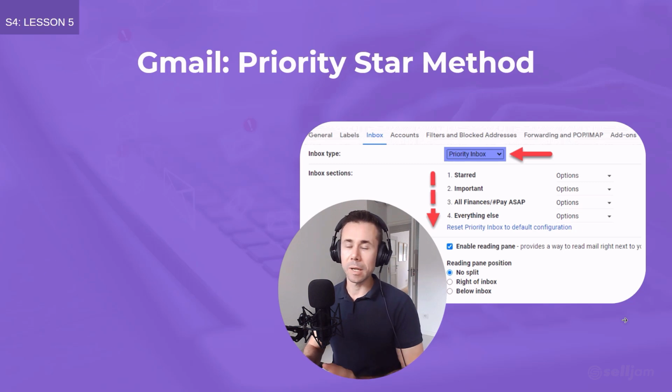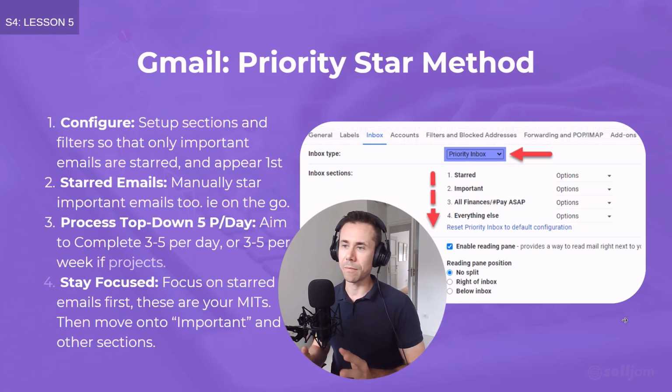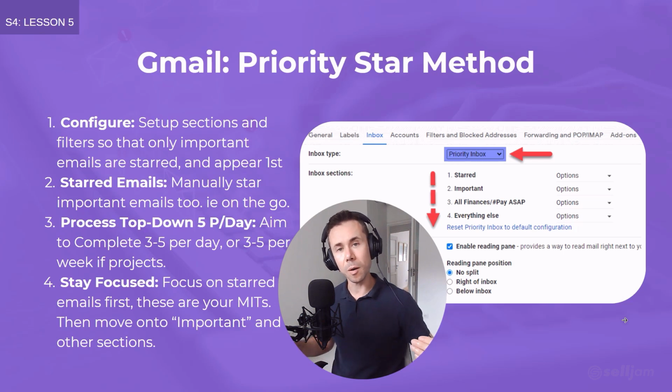Let's look at some preliminary steps so you have an idea of what to expect. So the most important task is to set it up and configure it. This is where we're going to set up the different sections and the filters. We're displaying the important sections first, and then also the filters will ensure that the emails are put into those sections. As we can see from the screenshot, using the priority inbox type is where you get access to